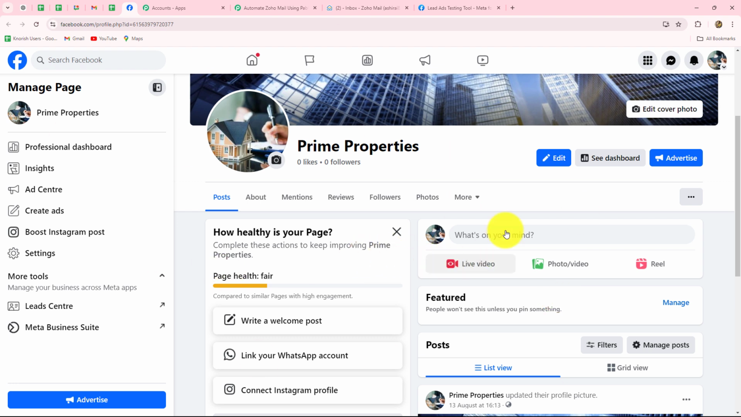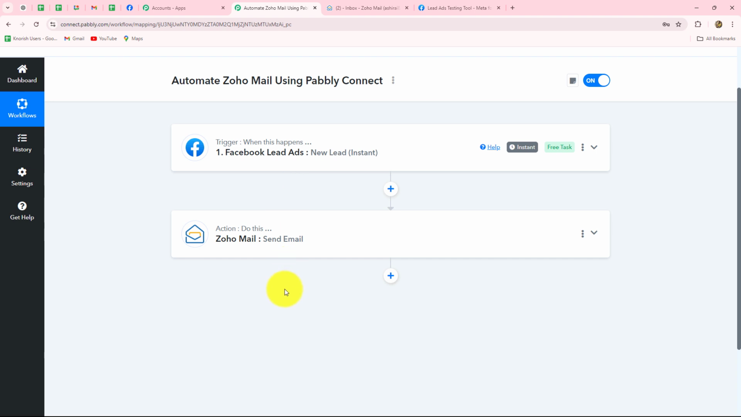And I want that as soon as I receive a new lead from Facebook lead ads for my real estate agency, then quickly I want to send a Zoho Mail to that same lead. Okay. So for that, I'm going to set up the connection between Facebook lead ads and Zoho Mail, where I'm going to use Facebook lead ads in trigger and Zoho Mail in action. It is just a scenario. Okay. Because I want to show you how you can set up the connection between Zoho Mail and Pabbly Connect